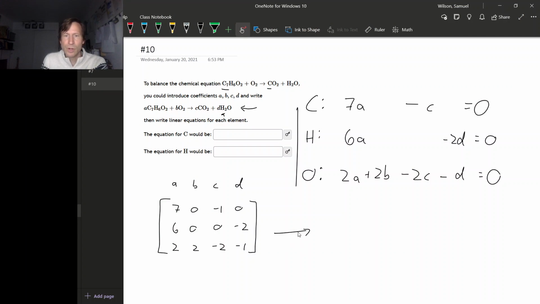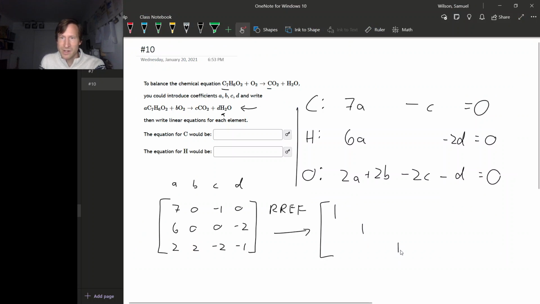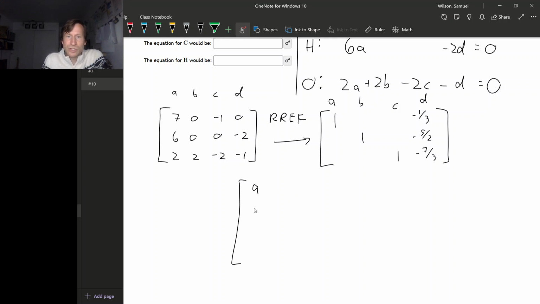Okay, so when I ask for reduced row echelon form, I get 1, 1, 1, and minus a third, minus 5 halves, and minus 7 thirds. Remember this is a homogeneous system, so this is the A column, the B column, the C column, and the D column. So this means that our solutions look like,